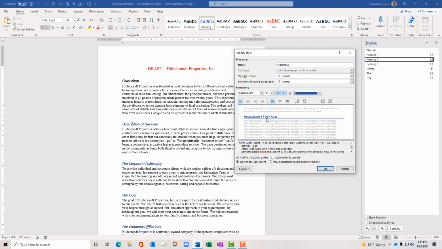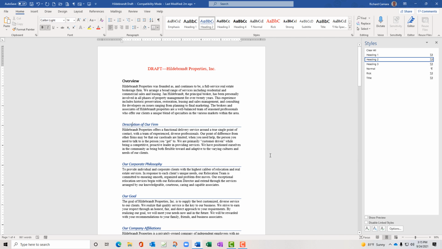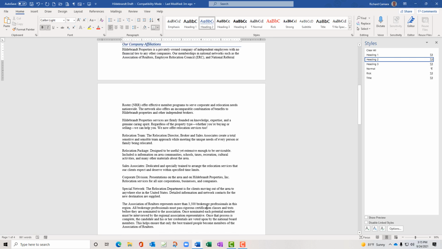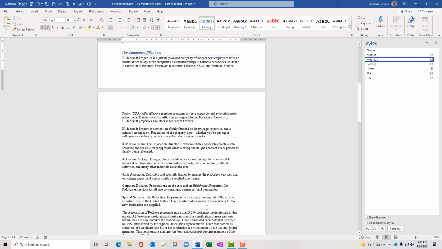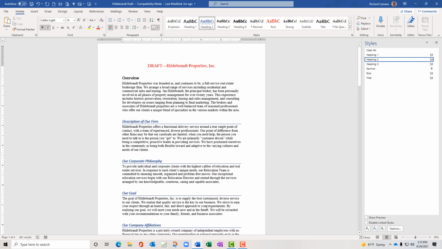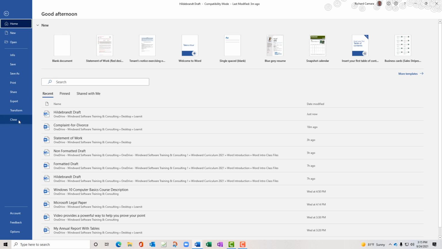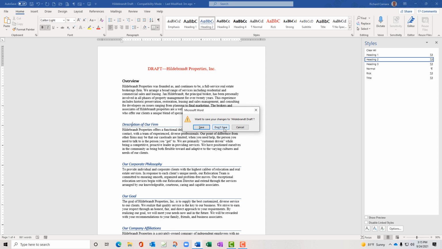All of my heading 2s are going to take on the new style, the new look, once I click on it. So I've modified heading 2 through this entire document, wherever heading 2 was used. And that's the major benefit of using styles, a combination of formats. I'm going to close this file and take us back